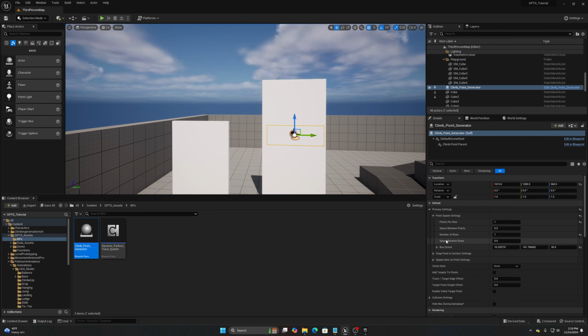settings, point spawn settings. We're going to go to the number of rows. Instead of 1, we're going to set this to 2. And the space between rows, we're going to set this to 150. You can also set this to 200 if you'd like. But whatever value works for you to make it so that way you've got enough space between all your 3